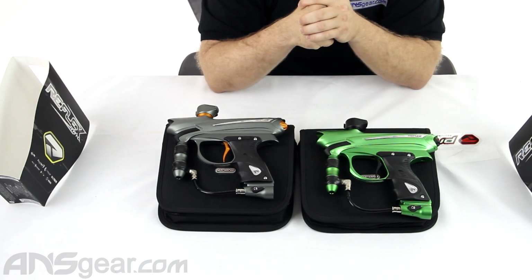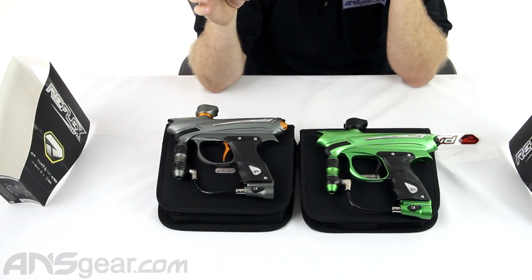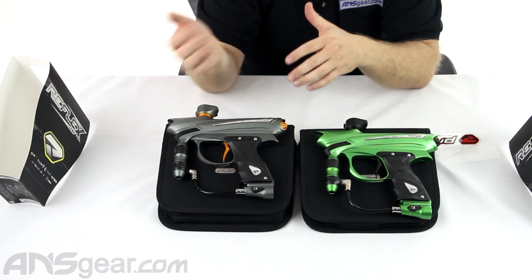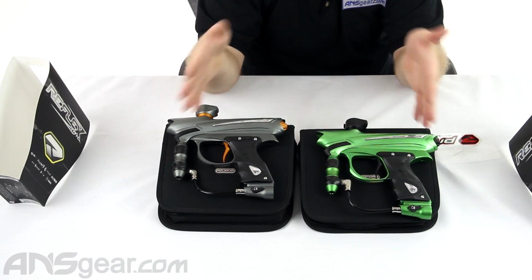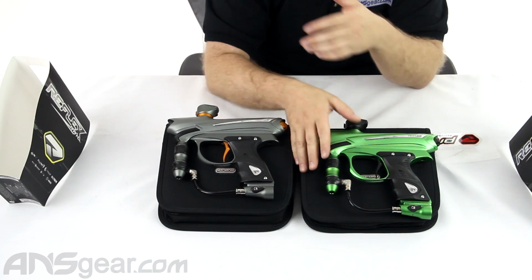What you are going to get is different colorways, different color patterns. So if you're looking for something that's got a little different flash to it, look into the newer models, or if you like some of the older stuff, some of that stuff is available. But as far as performance, you're not going to see any performance differences. Same gun, different patterns is really all you're going to get there. With that being said, between the two